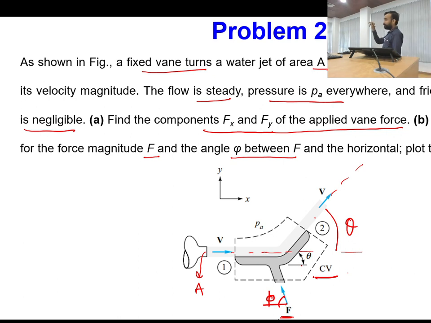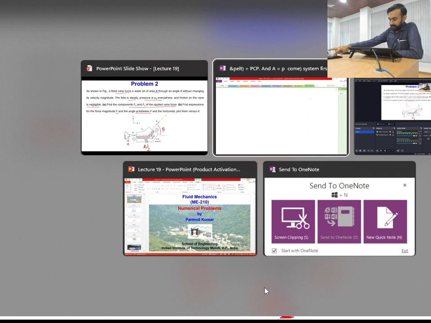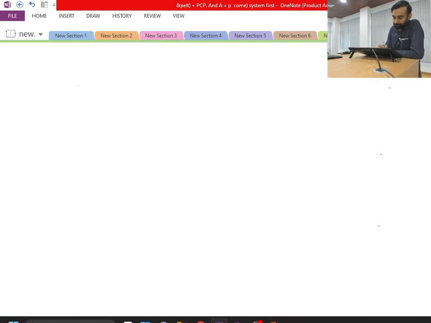Remember one thing, we have to calculate force. What is force? Rate of change of linear momentum. So if I consider the rate of change of linear momentum equal to force, and of course this force has two components, one component will be Fx, the other component will be Fy. So I must write that F vector,